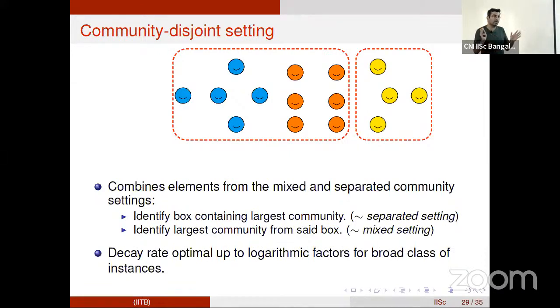It works for some broad class of instances, but not all. In particular, the place where it fails is where many of the large communities are within a very large box. They're all in the same box. What happens then is that even though you have all the largest communities in the same box, the samples assigned to that box get divided amongst these. And so the score of that box might be small initially, and it might get eliminated in the very first few rounds. And so this kind of algorithm struggles in that kind of setting. That's where we don't have tightness.